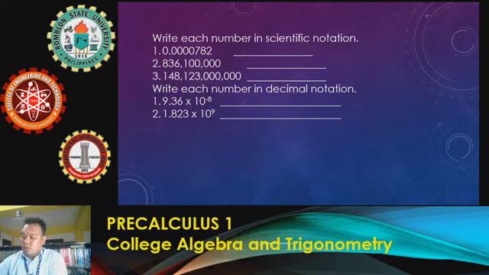So, for number 1, we can see that 7.82 times 10 raised to, bilangan mo lang kung ilang 0 papunta doon sa 7, no? 1, 2, 3, 4, 5. So, times 10 raised to negative 5 po yan. Then, for number 2, we can say na